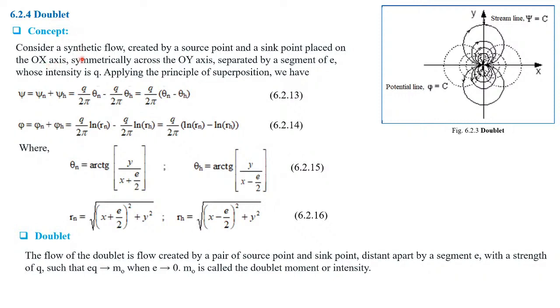Consider a synthetic flow created by a source and a sink based on the x-axis, symmetrically across the y-axis, separated by a segment of e, whose intensity is Q. Applying the principle of superposition we have,